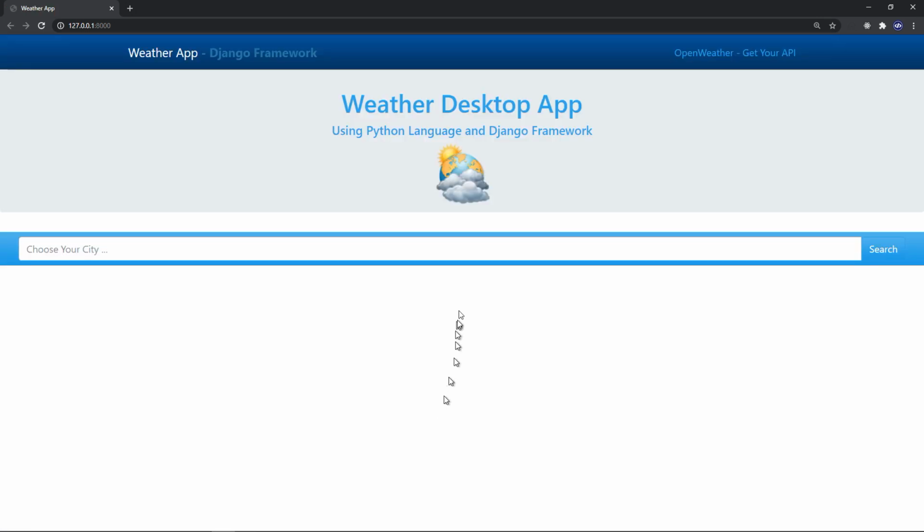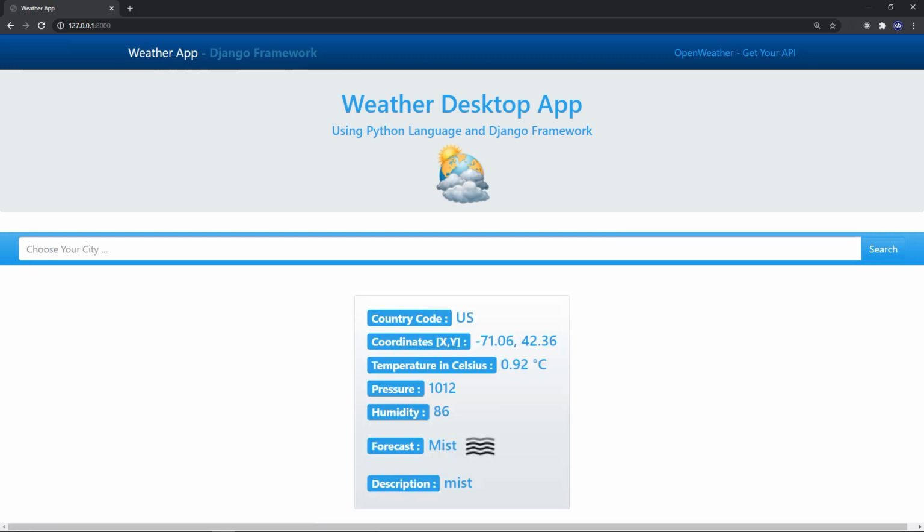And there it is. So let's try Boston. And we get the results. Neat, perfect. So we have country code, temperature in Celsius, pressure, humidity, forecast, mist, with this little icon or image,